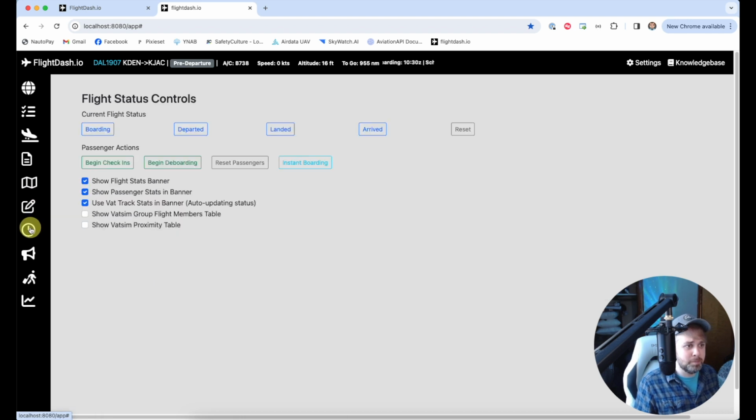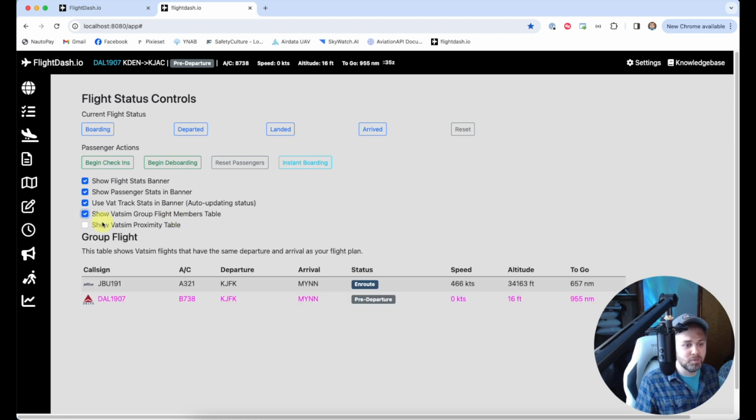Let's actually jump back here. While we're on this page, there are also some checkbox items you'll notice. We also have a group flight members table now. Right here, if you click that open, you're going to see a table open up down here. And this is really going to filter by anyone that is traveling from your departure location to the same arrival